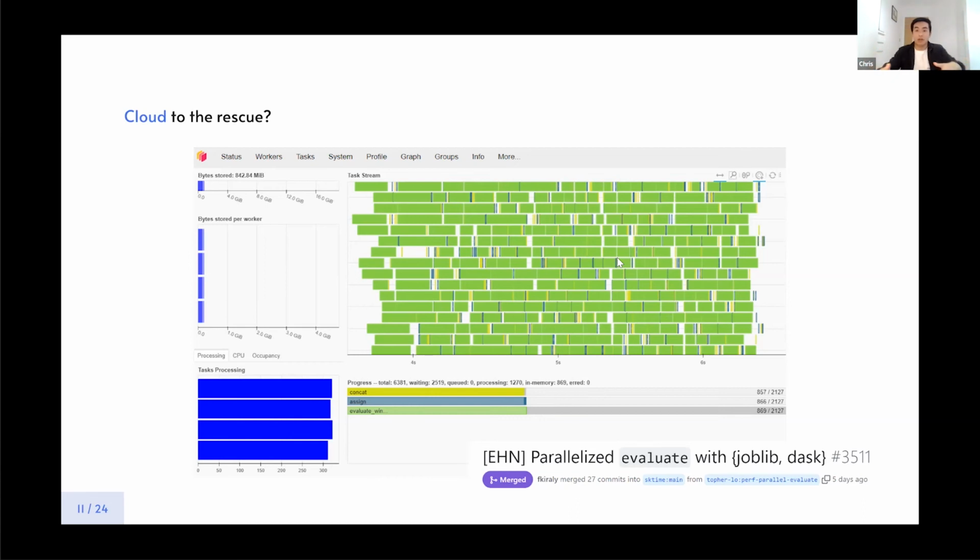And as you can see here, this is taken from a recent PR that we have in sktime as well for a parallelized backtest. This is an extremely efficiently made implementation of backtesting already. If you look at the bottom left corner, these are the number of tasks that the individual workers are processing. So pretty much every worker is working its full horse